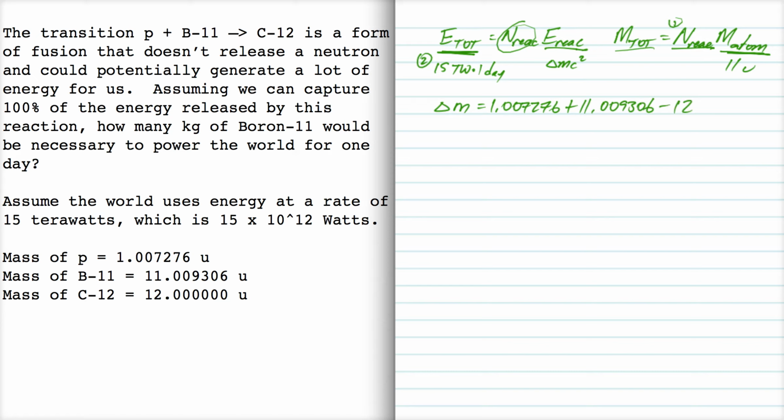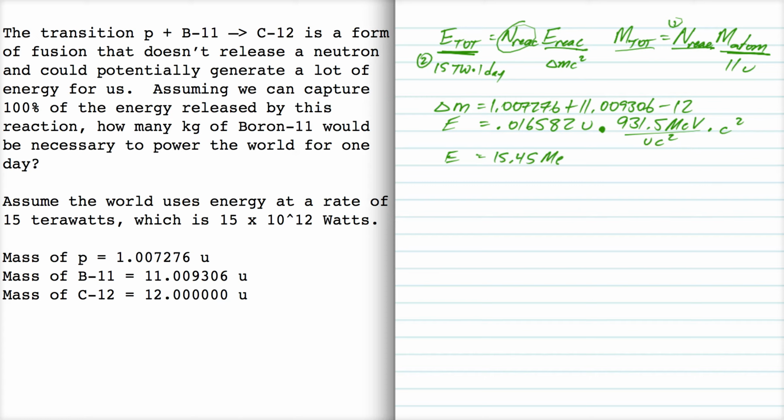That's 0.016582 AMU. Now if I multiply that by our conversion factor, 931.5 MeV per AMU c squared, times c squared, E equals delta m c squared,